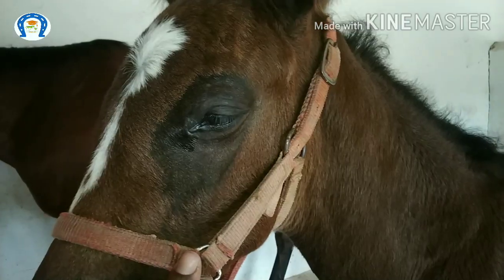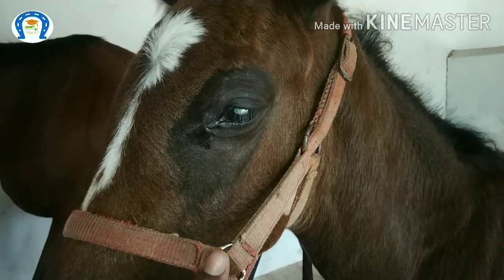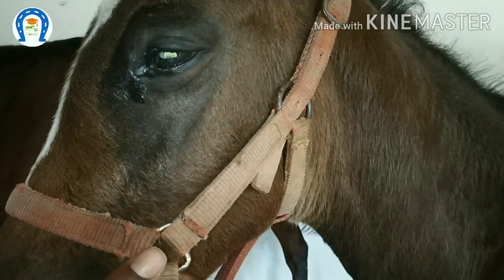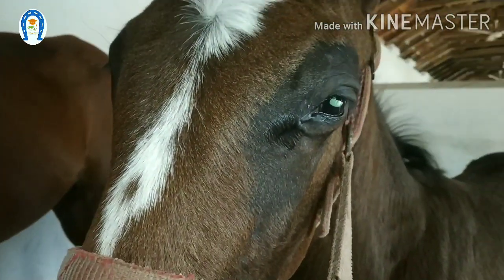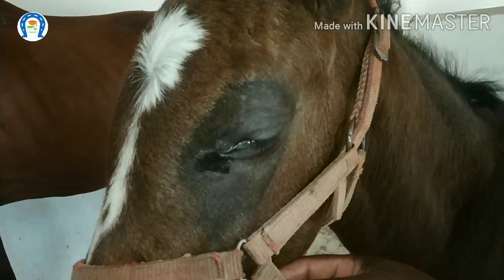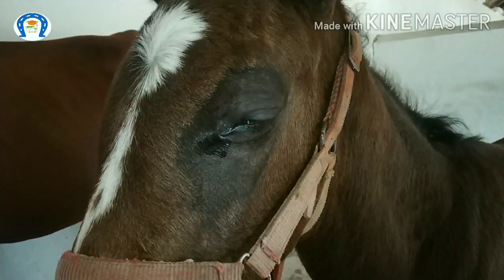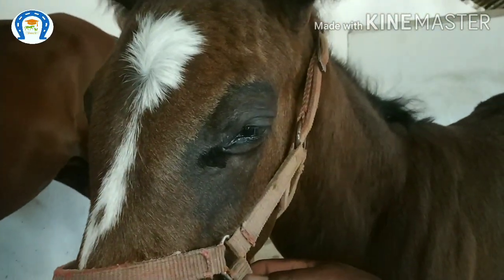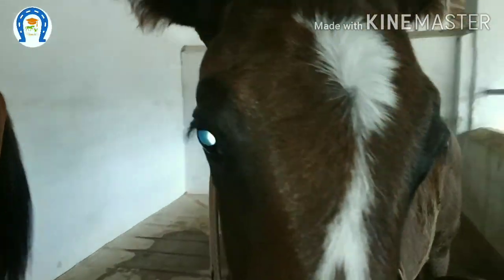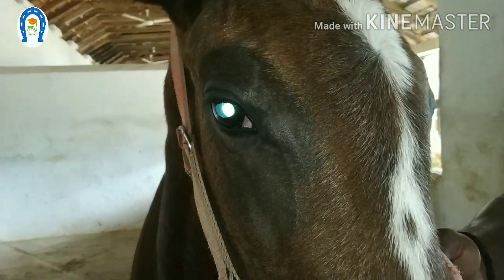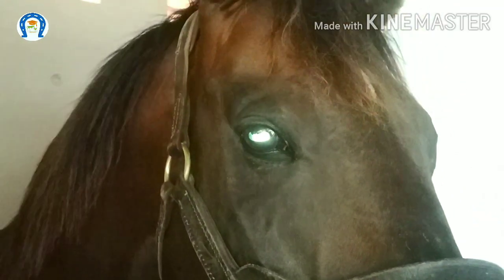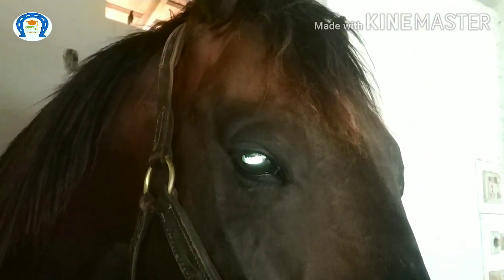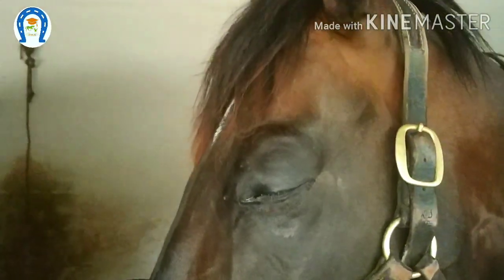So let us see about corneal ulcer now. When do you suspect corneal ulcer? Whenever you believe there is a direct trauma to the eye, excessive lacrimation, painful eye, blepharospasm, rubbing the eye, swelling of one or both eyelids, partial closure of eyelid, you can suspect corneal ulcer. These are the classical signs in corneal ulcers, and all the red, inflamed and painful eyes should be stained to diagnose or rule out the corneal ulcer.